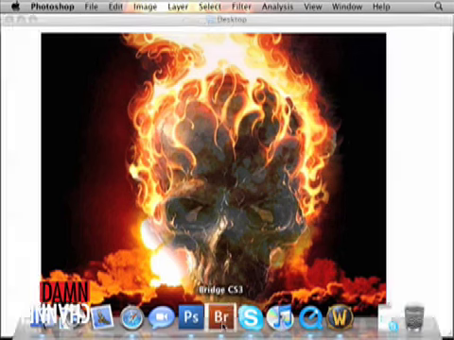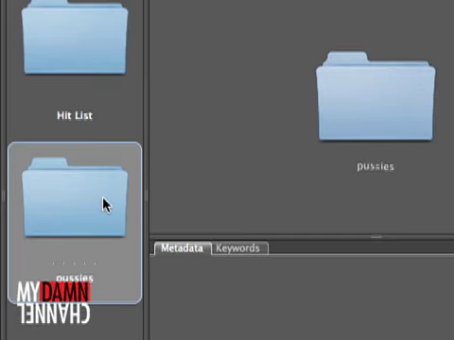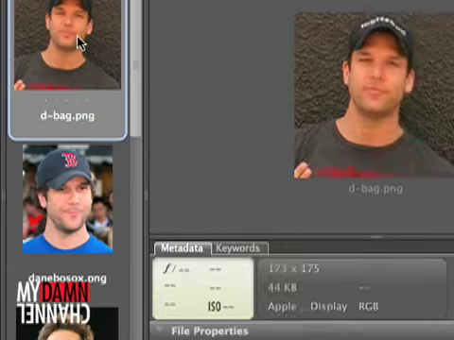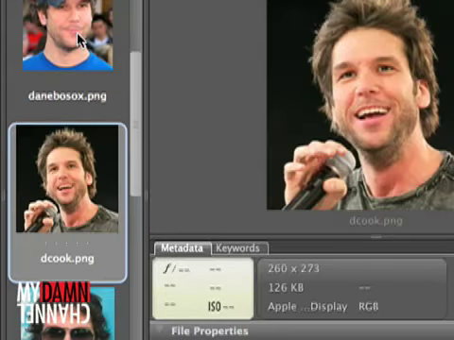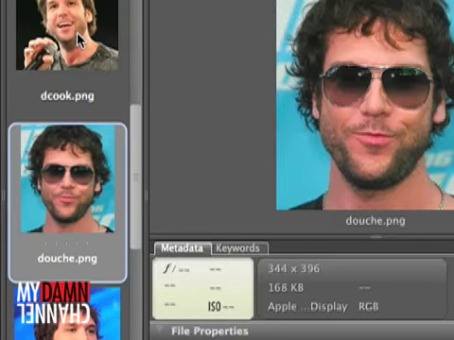So let's start by opening up Bridge, and we need to get a photo that you think you can pull the background off. So maybe something consistent like a texture that you can recreate. Maybe you got a picture of a friend or somebody that you want to trick up a little bit. You want to have a goof on,